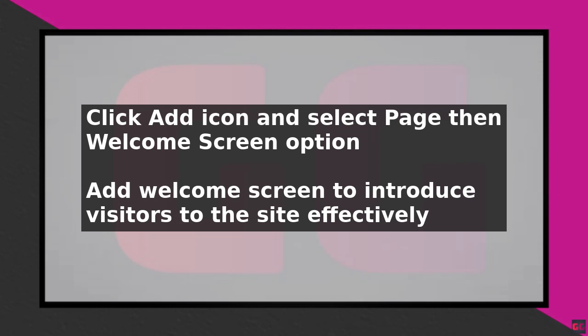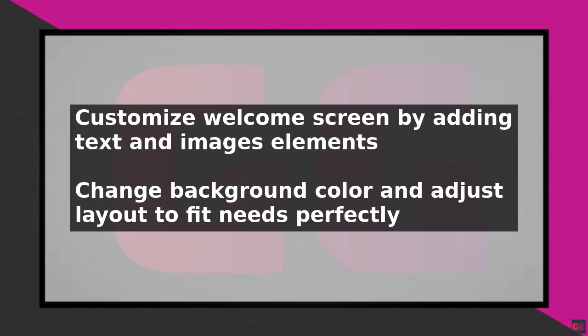You can also change the background color, add a background image, and adjust the layout to fit your needs. To make your welcome screen more effective, make sure to keep it simple and concise. Use clear and compelling language to communicate your message, and include a prominent call to action to encourage visitors to